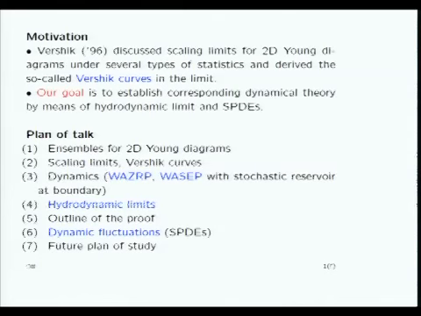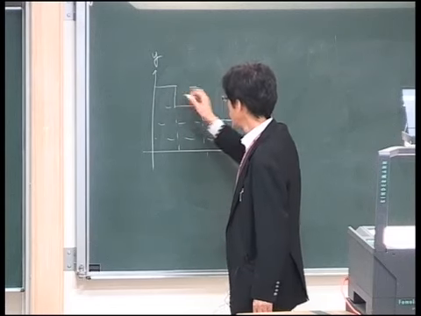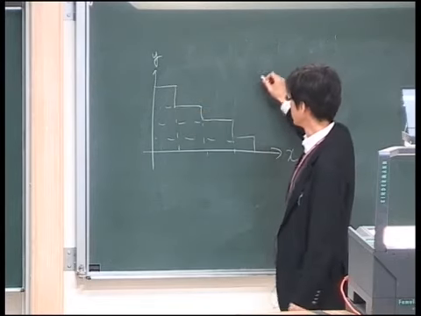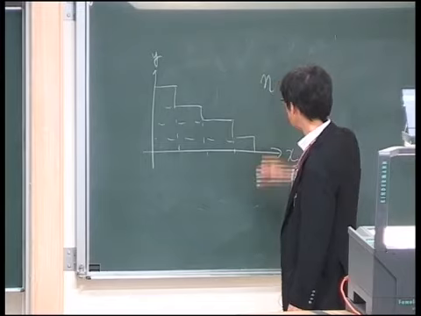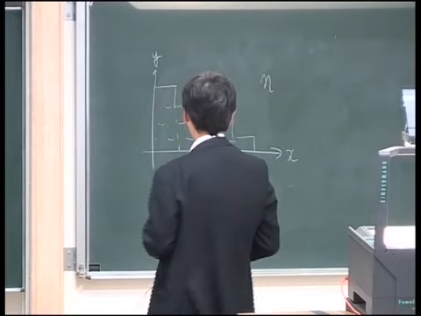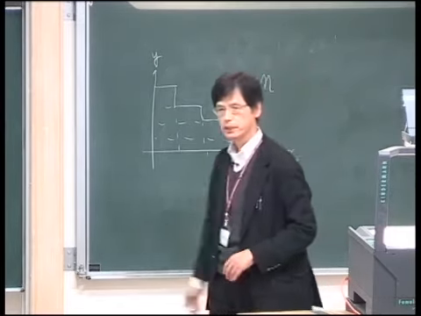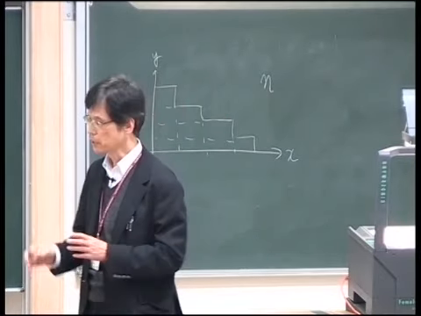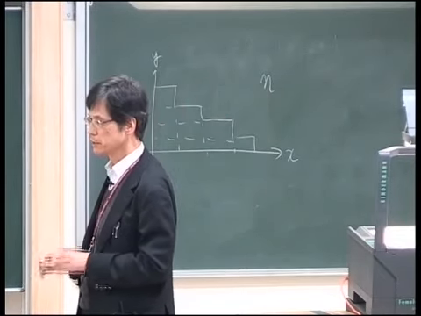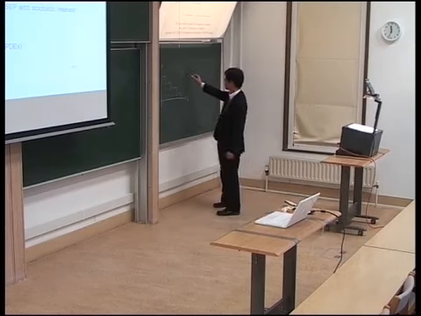gave several statistics. That means he considered random Young diagrams. For simplicity, the simplest statistics is that you fix the area of the Young diagram to be n. So you have n unit squares. Then the simplest randomness is just a uniform probability measure on the set of all possible Young diagrams. Then he discussed what happens as the area n goes to infinity.